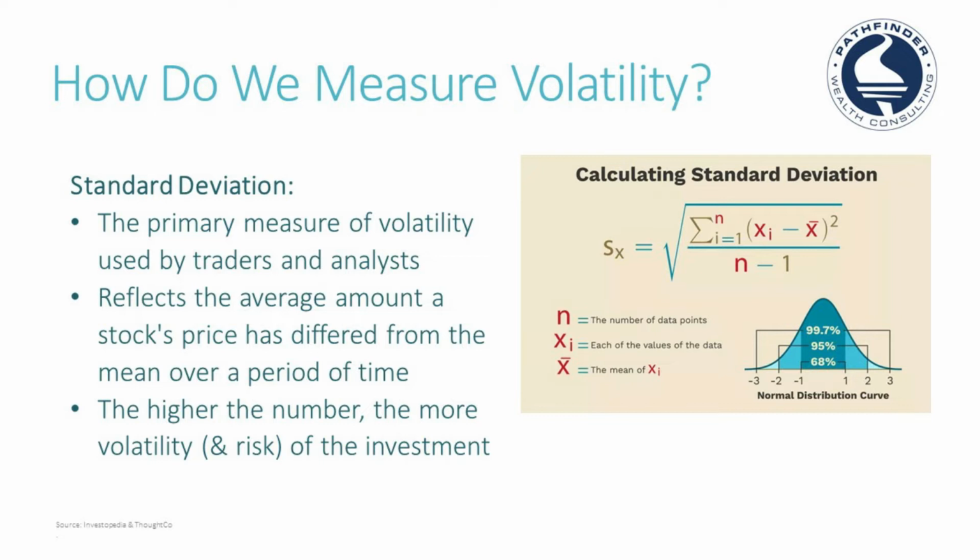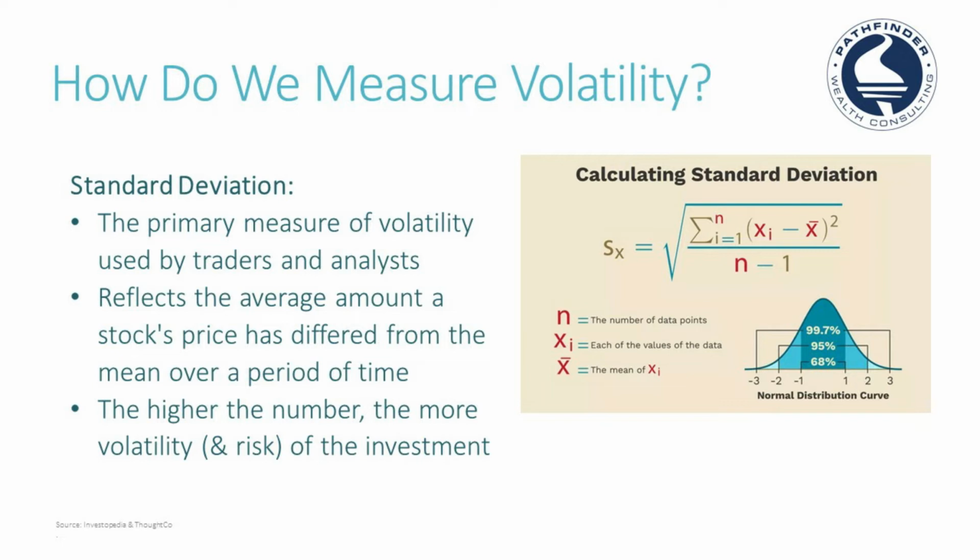So, going back to my earlier example of a small company stock versus a large company stock, the standard deviation is going to be higher on a small company stock because it's more volatile. It can carry more risk than a large company that's going to be less volatile, or more likely to be so. So to give you an example, kind of going back to some of the indices in the markets.